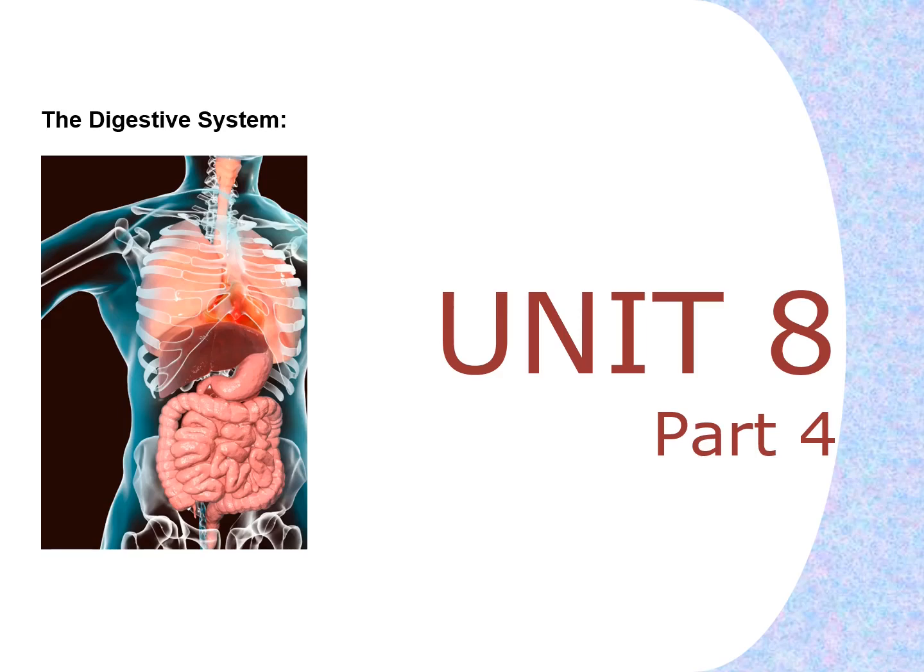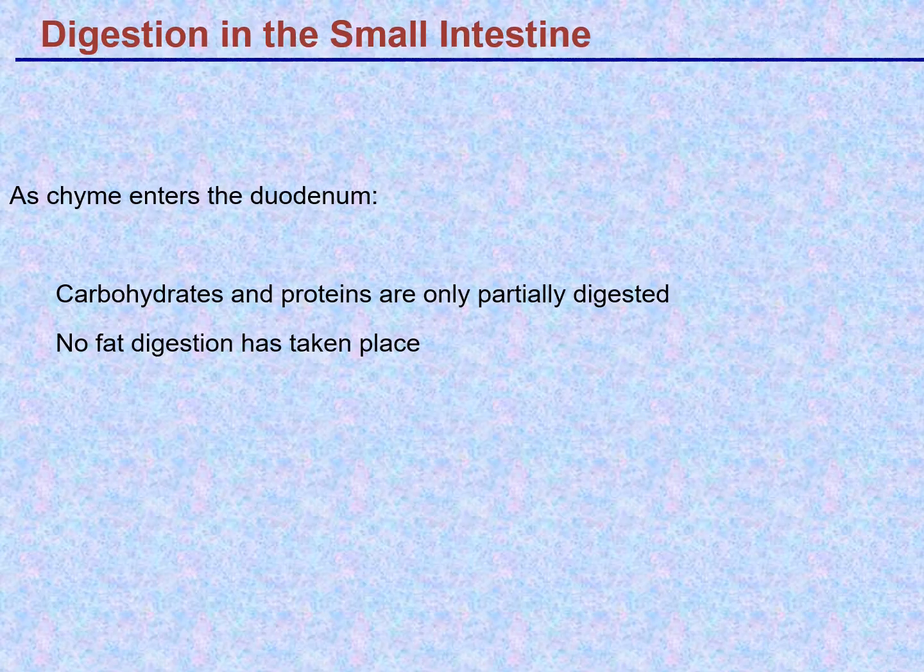This is Unit 8, Part 4. And now we'll talk about the events associated with digestion within the space of the duodenum itself. As the acidic chyme enters into the duodenum by relaxation of the pyloric sphincter, allowing some of the pasty chyme to move through,